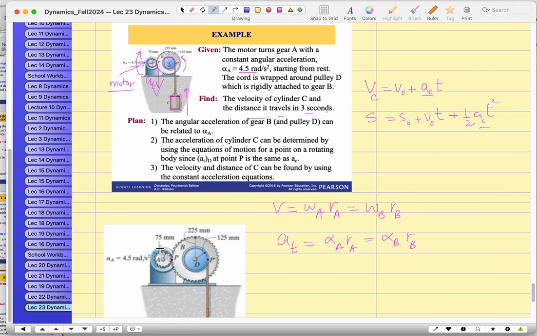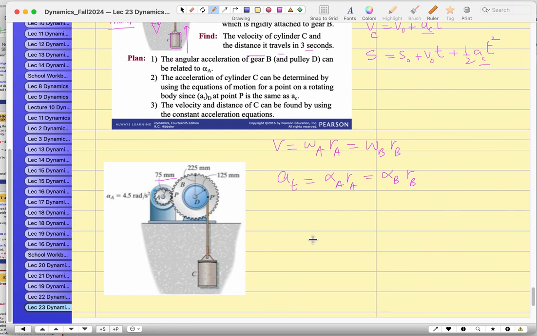If we closely look, the radius R sub A is 75 millimeters, equals alpha B, which is not known, but we know the radius of this gear is 225. If you do the math, you can find the angular acceleration of gear B, which is 1.5